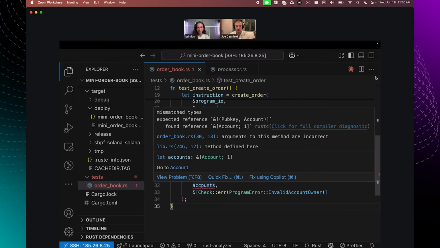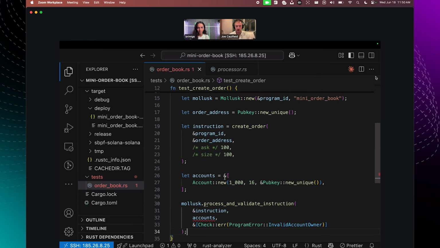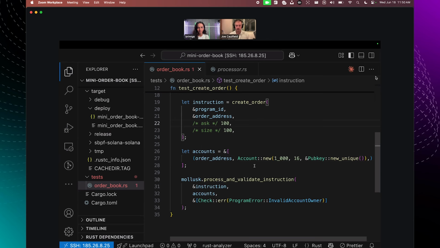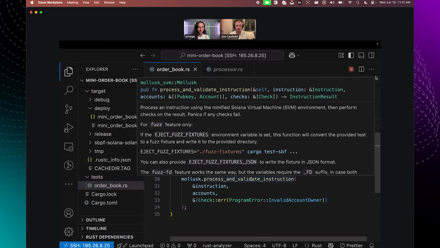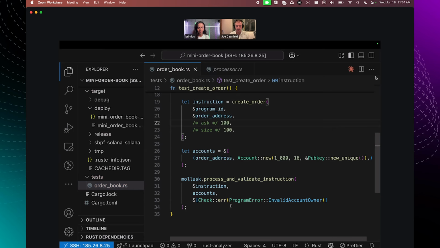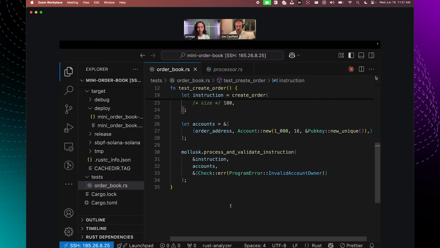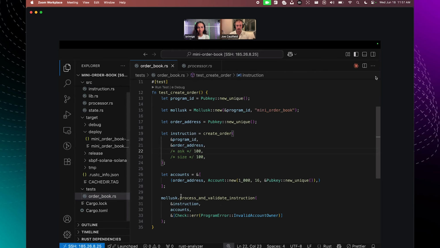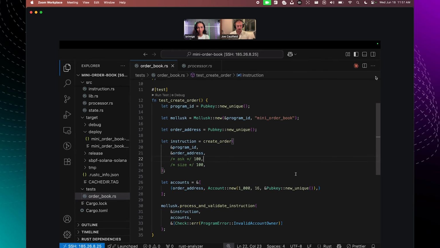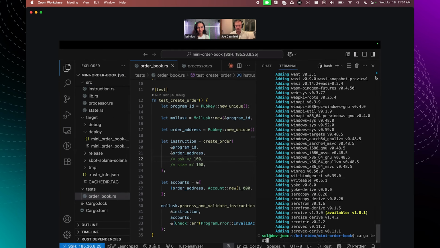What is this yelling about? Oh, I forgot. Okay, so your accounts are supposed to be a tuple of the public key and the account. That's what it's expecting. But like I said, everything's a slice. And then that's it. That's literally a test. Wow. And so zoom out real quick, you can see that's literally a test right there. So you can do cargo test SBF